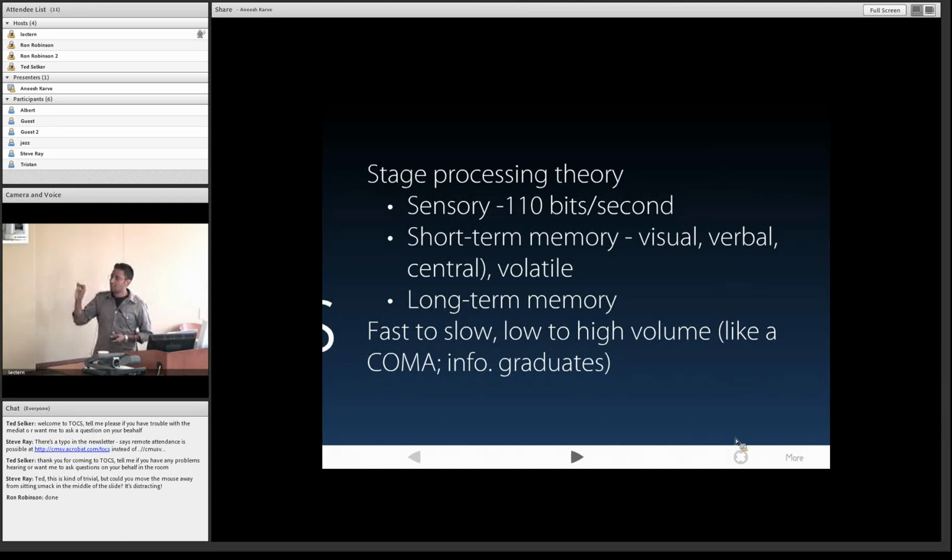The important thing to see here is that we move from very fast structures that process at low volume to very slow structures that process at high volume. And those of you who work in hardware and are familiar with cache-only memory architectures will see that computers are structured the same way. You have your relatively small on-chip fast caches, graduating all the way down to the hard drive, which is relatively slow.